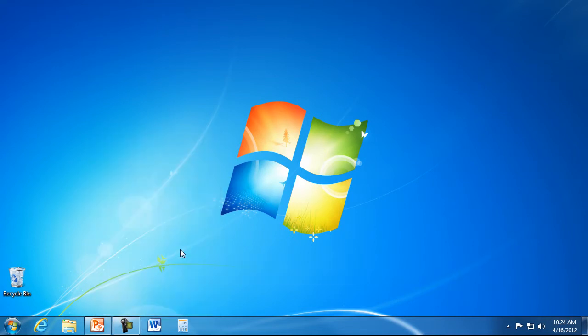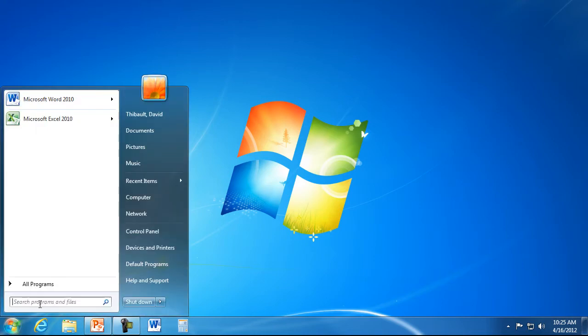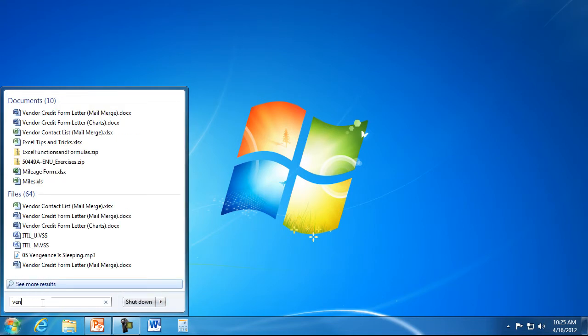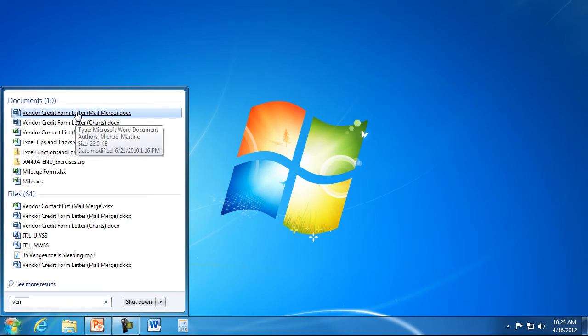Another way to find files is to use the search. Now we have a couple different locations where we can use the search tools. One I showed you earlier is under the Start menu. Remember, we opened that vendor form, that Word document, but I can't quite remember where it is. So I'm just going to start typing in the word vendor, and notice all the different options that I have. And this is in fact the one that I had open earlier, and I can get quick access to it